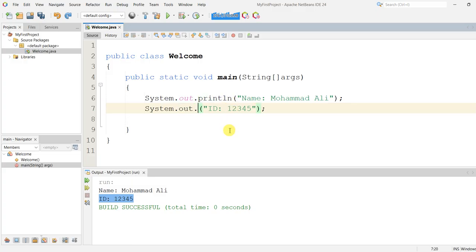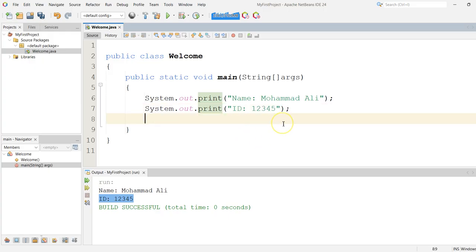Another way that you can do this is using the \n, the white space character for new line. So I'll be returning it to print. Here, if we put \n and then \n inside, that is equivalent to a new line. This means that if the program displays name Muhammad Ali, it will create a new line and display the following text.